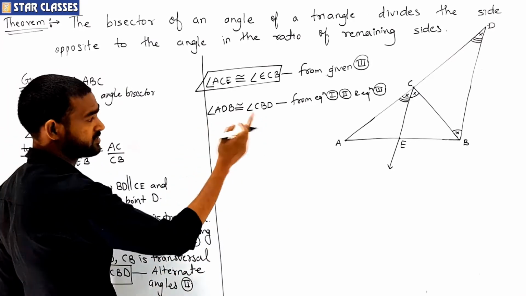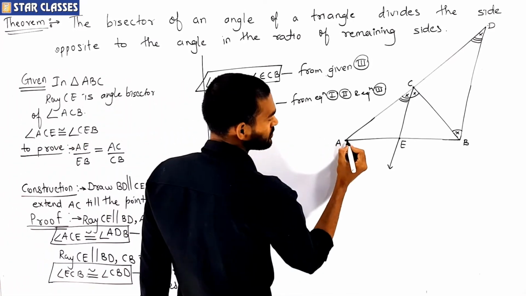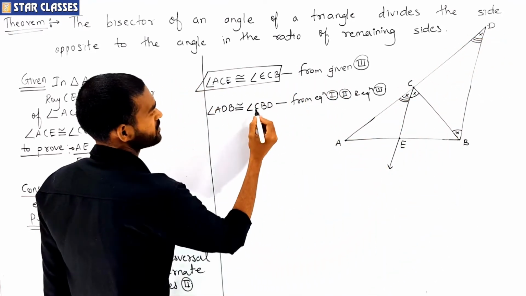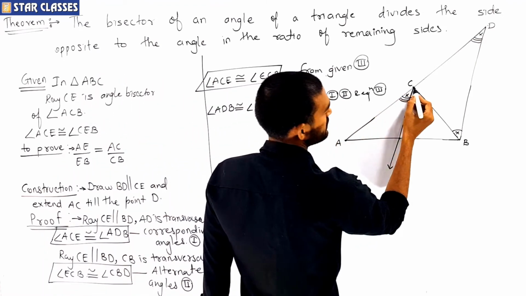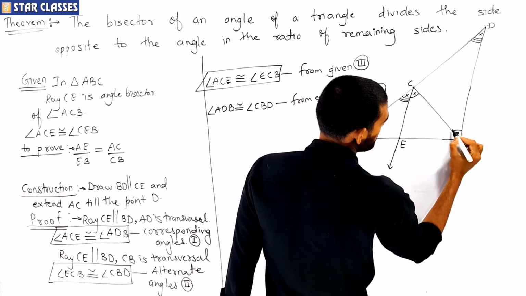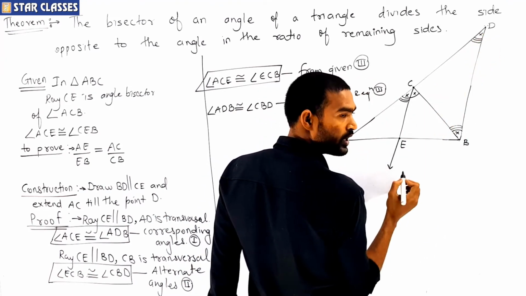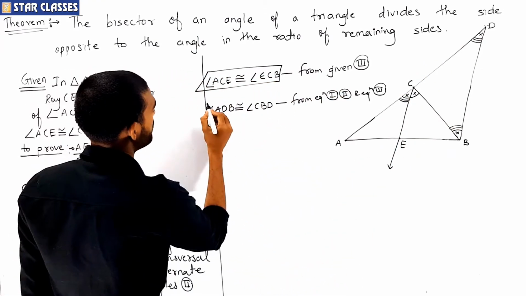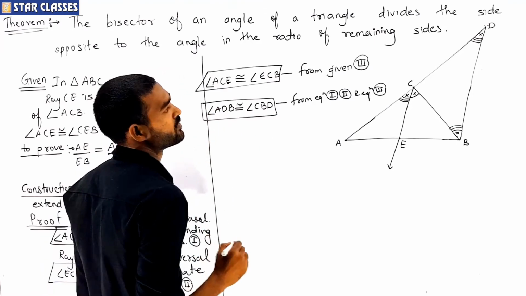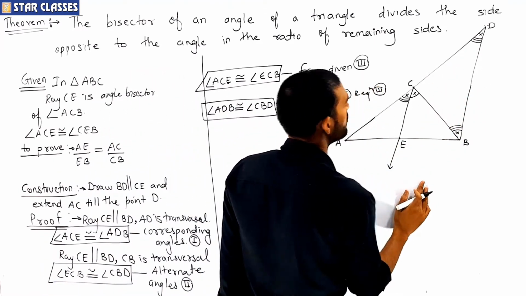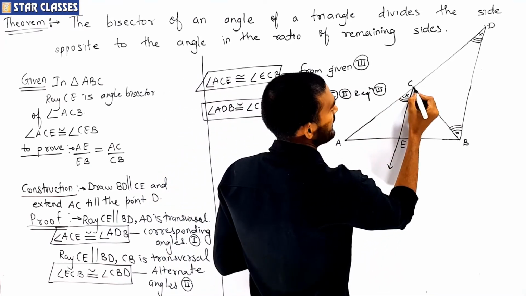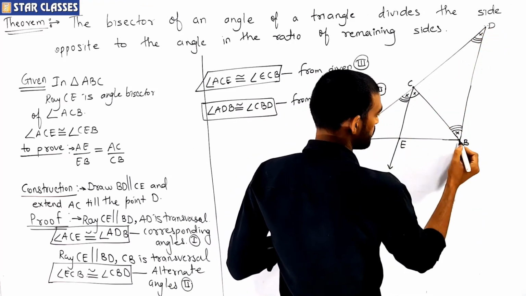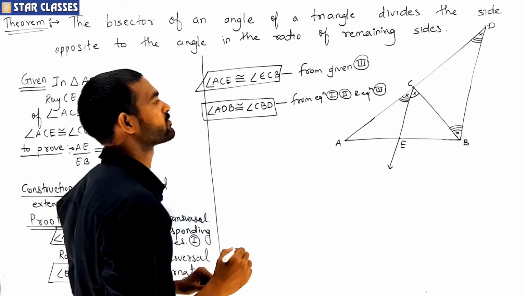Now we are saying these two angles are congruent. Where are these two angles? Let us see. ADB: A, D, B. So we are talking about this angle. Next, CBD. Let us check. So we are talking about this angle. So these two angles are equal. Now, since these two angles are equal, we'll take this triangle CBD or BCD. Right, students?